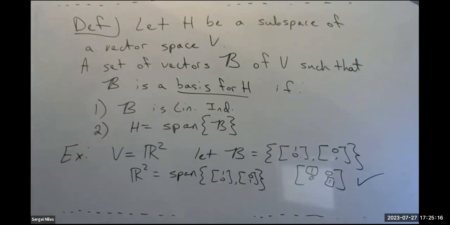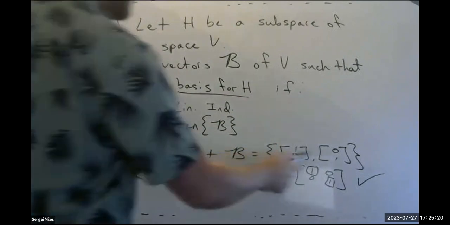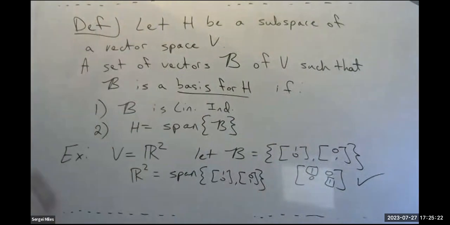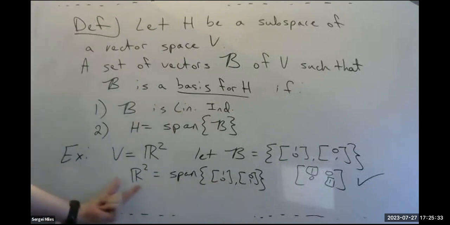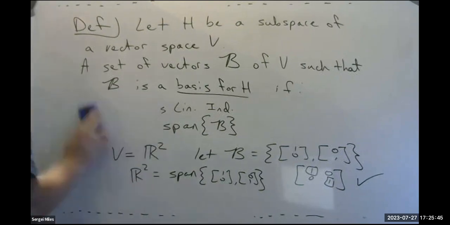So what's new here is that we're highlighting that this set of vectors is actually more special. These are, in fact, basis vectors because, one, they're linearly independent, and two, these are the vectors which make up the building blocks for this space. Now, there is a point I want to highlight here: a basis does not always have to be only one thing. For example, in R2,